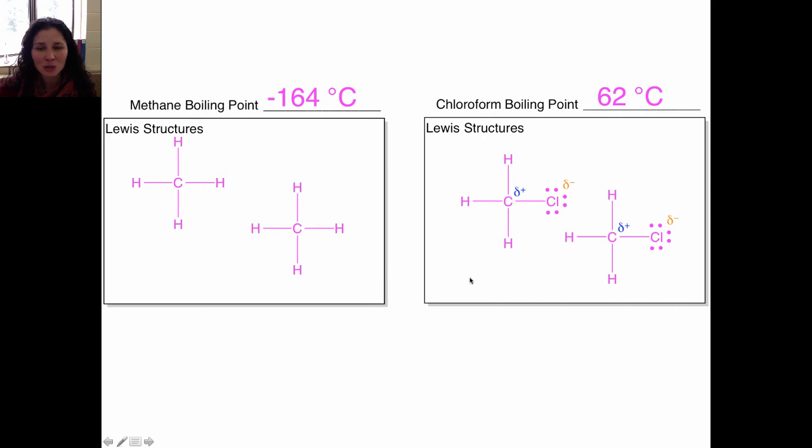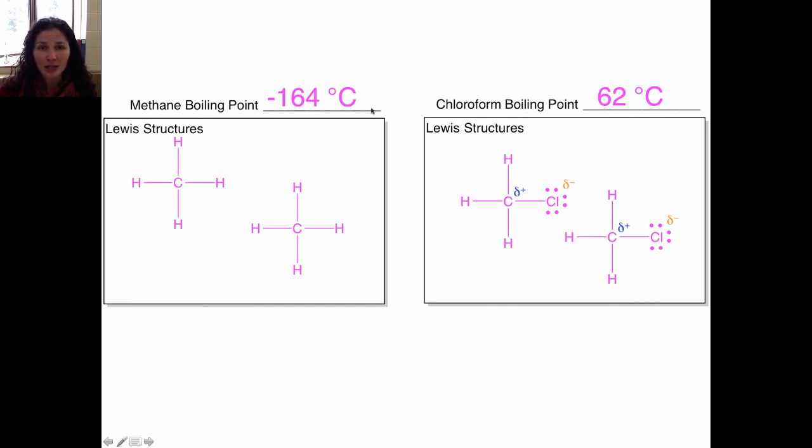The main difference between these two situations is the presence of dipole-dipole interactions in chloroform. Notice the difference in the boiling point is nearly 230 degrees Celsius. This is a drastic increase in the boiling point compared to what we were looking at earlier when only London